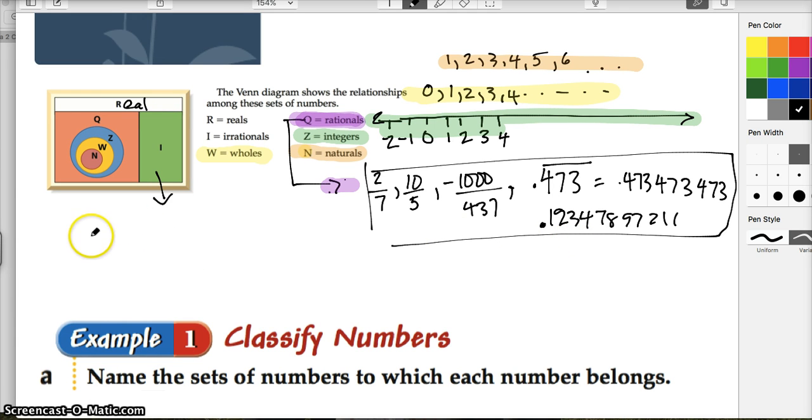So I can't really write out an irrational number here because I'd have to be writing forever and it would never repeat or terminate. I could write dot, dot, dot, but you wouldn't really know what the dot, dot, dot means because we don't know where it's going. So sometimes we might use symbols like this. This is pi. We know that pi is approximately equal to 3.14, but the reality is it continues on and